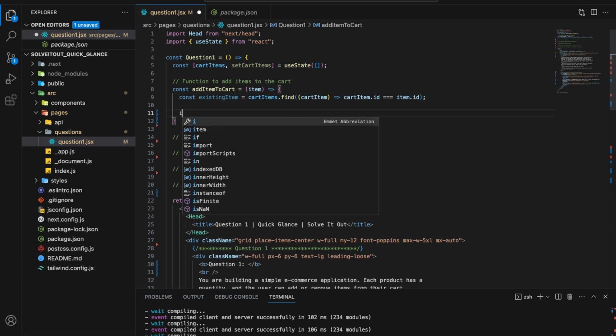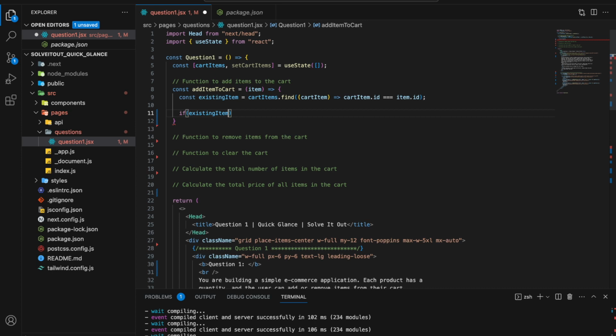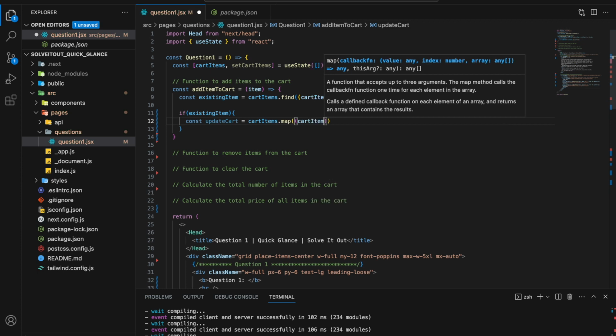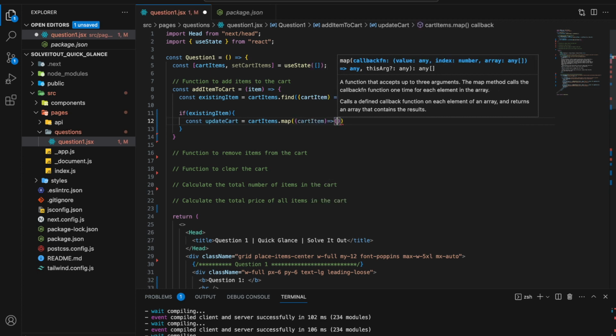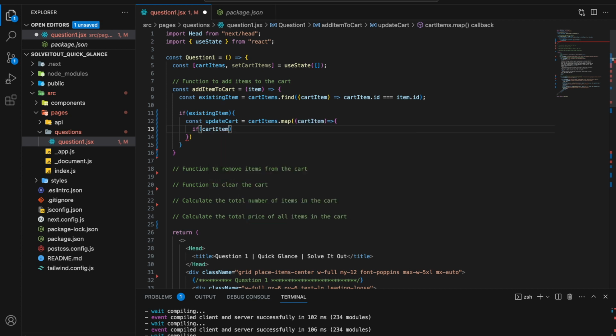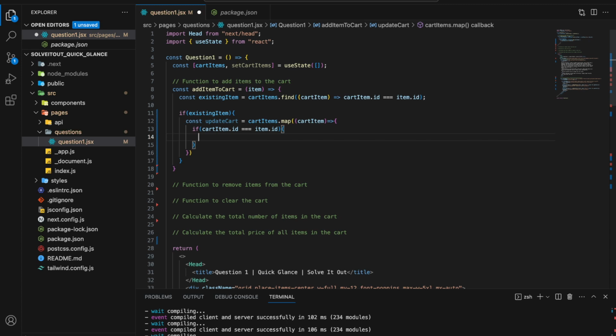So if existing item, then const updateCart is equal to cartItems.map, cartItem, if cartItem.id is equal to item.id, then return